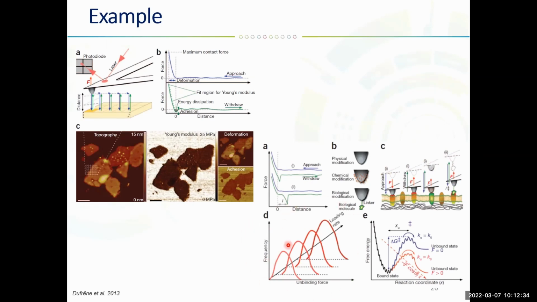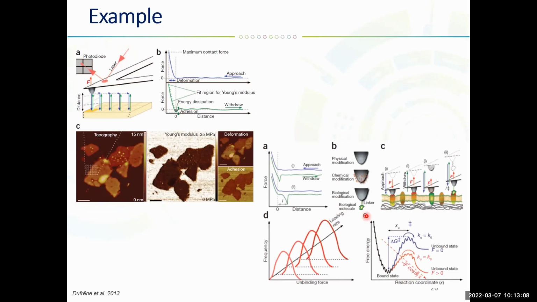Here, you can see the distribution of the rupture forces. So each red curve is the rupture or unbinding forces on these molecular bonds, and this distribution depends on the loading rate. And then the last graph that I want to discuss is basically probing forces breaking a bond,